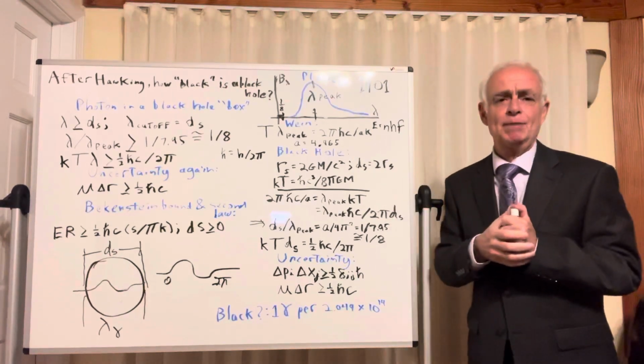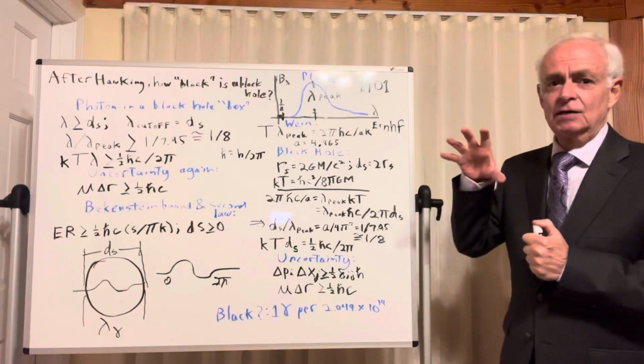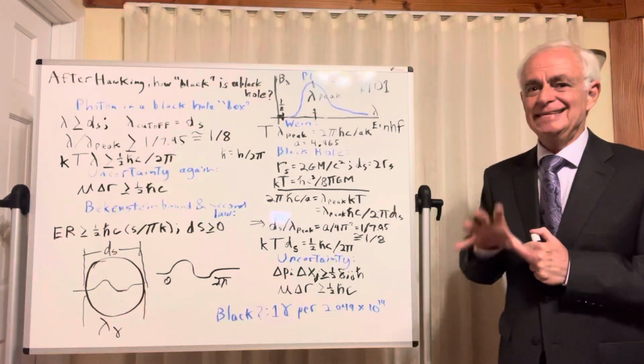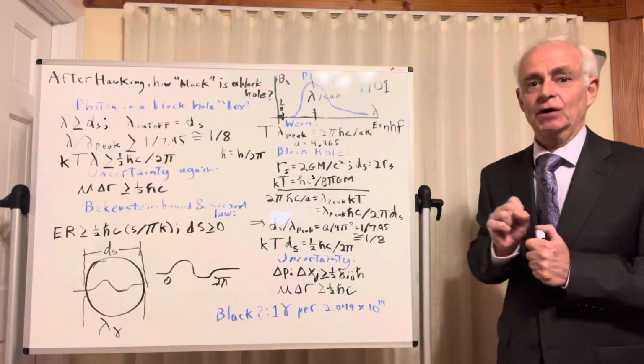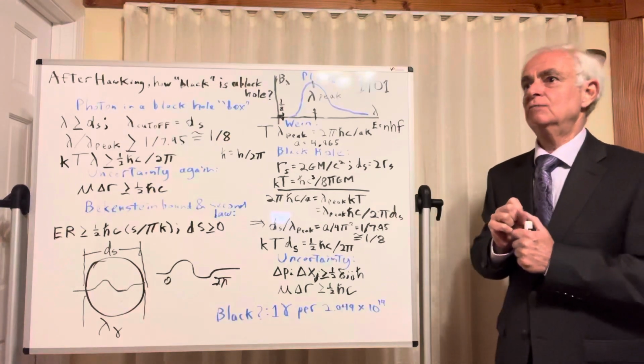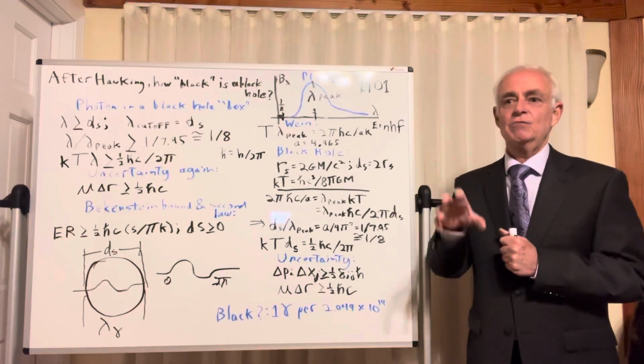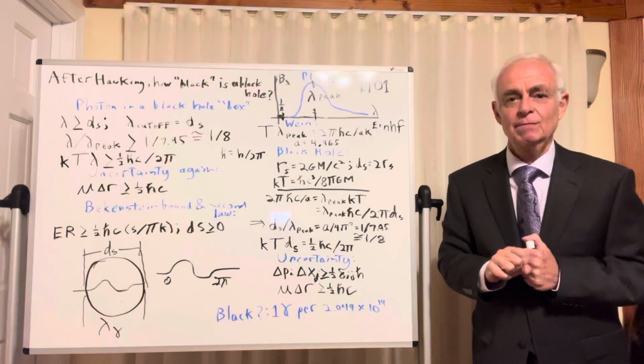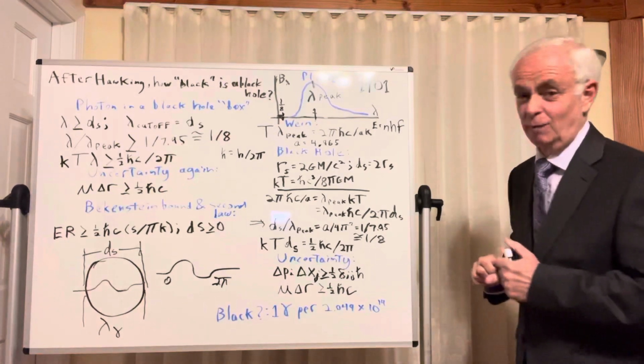Well, I'm making the hypothesis that that vacuum is the source of the blackbody radiation that we observe. When we observe blackbody radiation, we are observing the quantum geometrodynamic